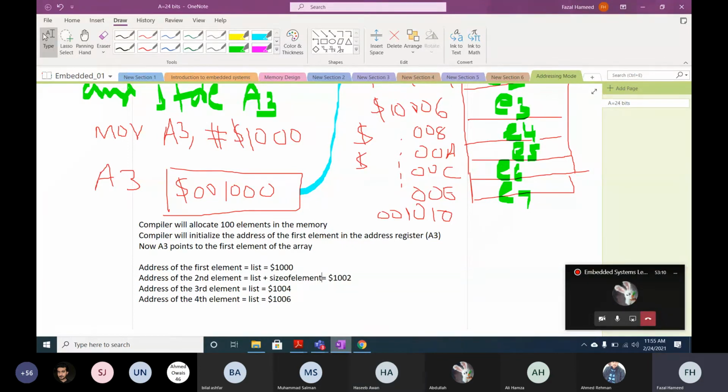Am I right or not? List plus size of element multiplied by 2. And then list plus size of element multiplied by 3. What is the size of element?